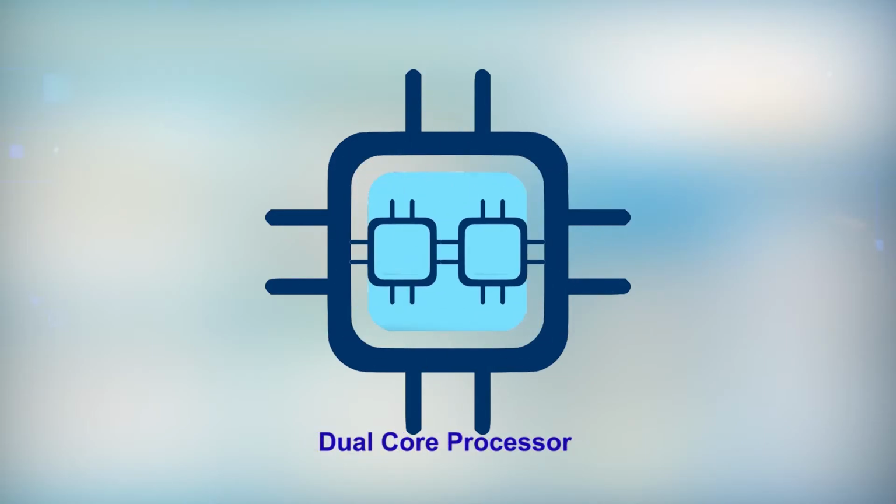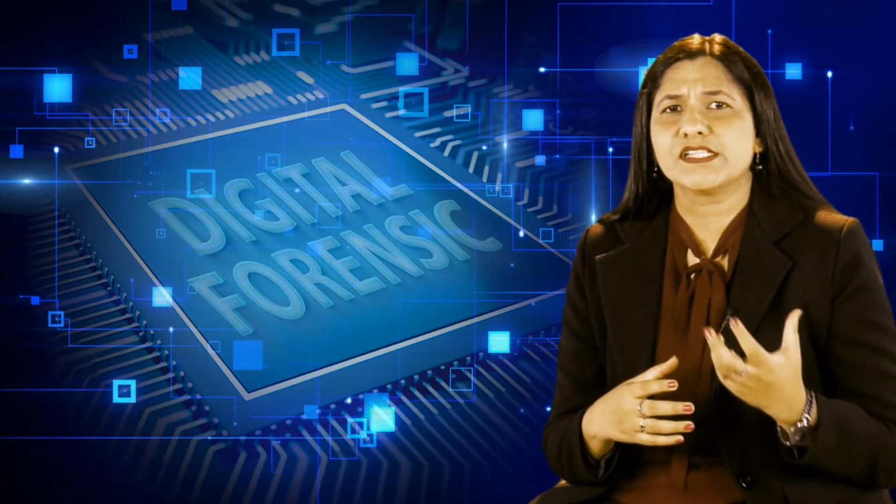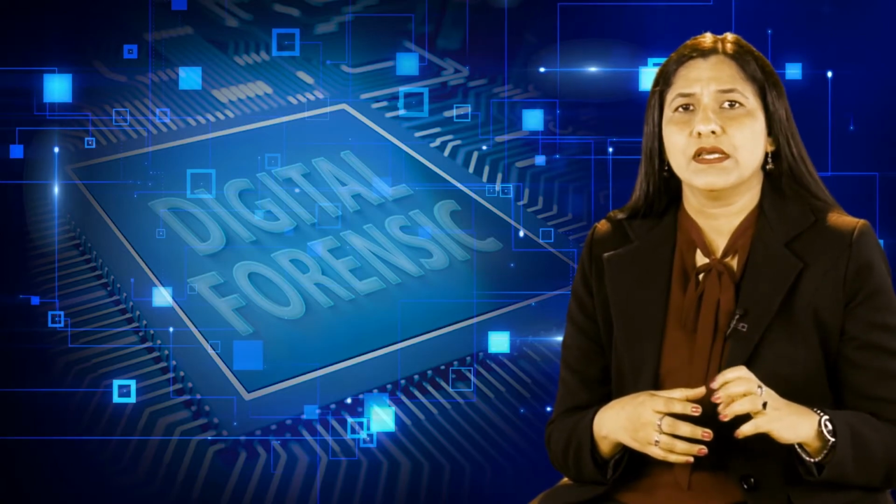So, a processor with 2 cores is called a dual core processor, with 4 cores a quad core, 6 cores hexa core, and 8 cores means octa core. Multiple core processors have the ability to turn off one or more of their cores when the application demand is low to save power. CPUs with 4, 6 and even 8 cores have already been released.